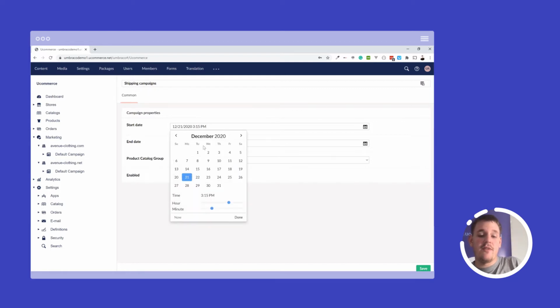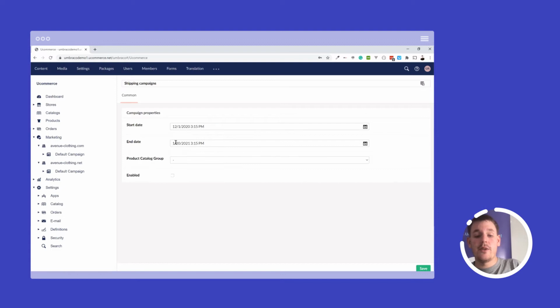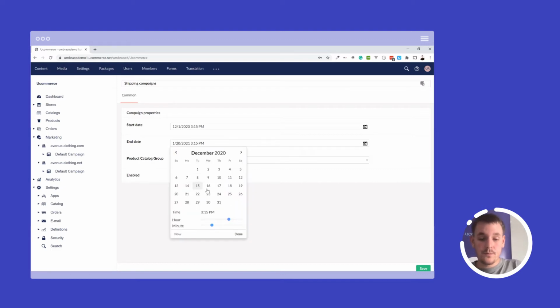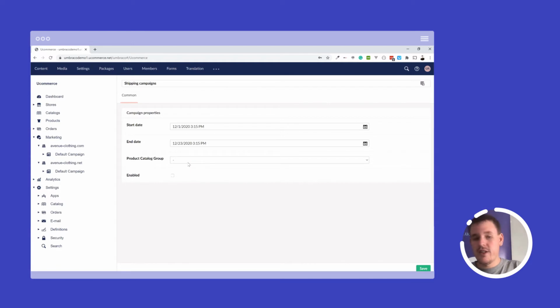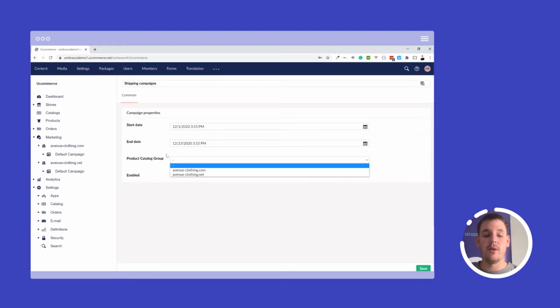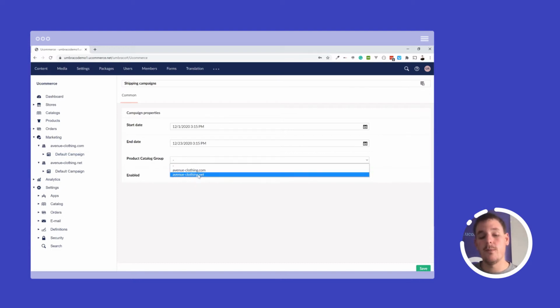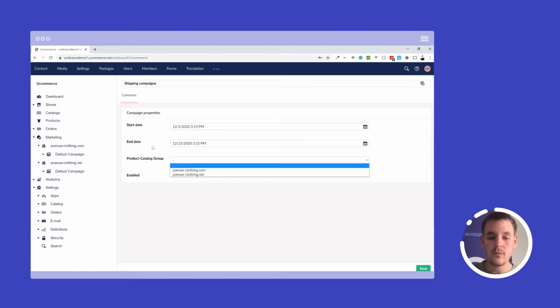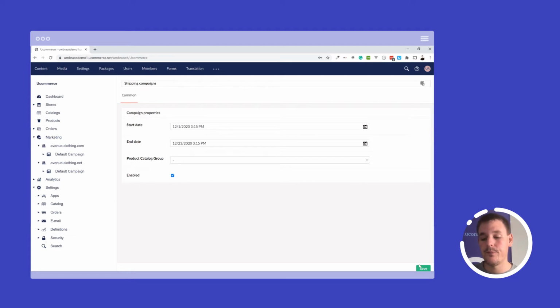In this case, I want to have my campaigns valid throughout December, so everyone can get a chance to get their Christmas shopping done before you go for the holidays. And now I can select what store I want to support for these campaigns. Either I leave this blank and it will be relevant under each store, or I could choose to select a specific one. In that case, this campaign will not be available for the rest of the shops. I'll choose to leave it blank and enable it right away.